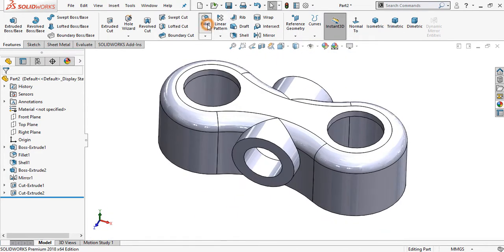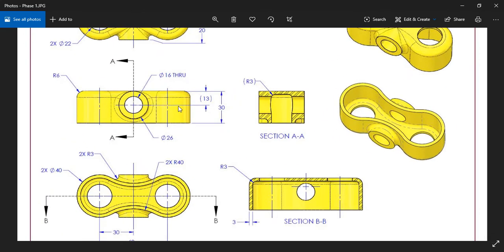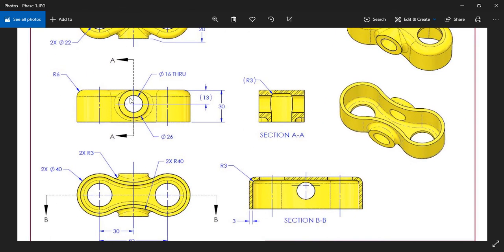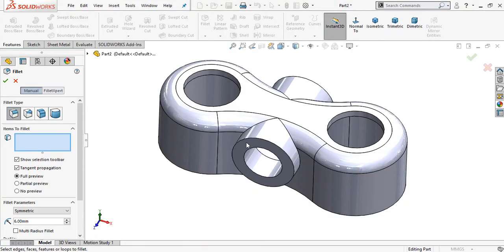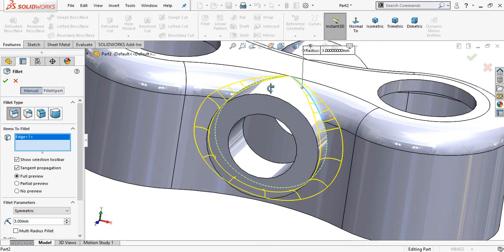Now select fillet. Three mm fillet. Select this edge. It will automatically select all the connecting edges.